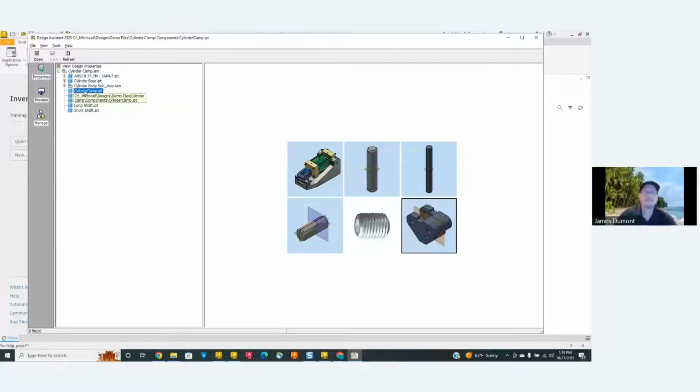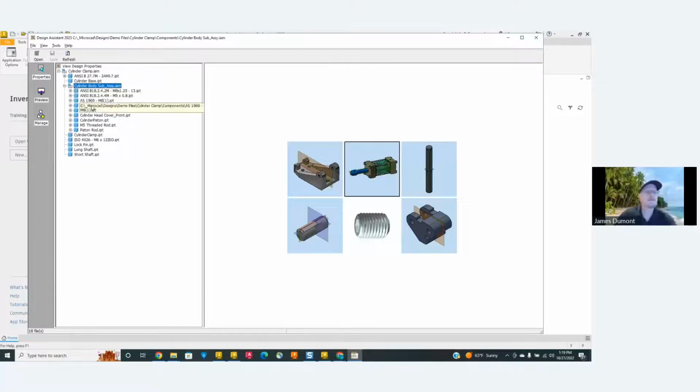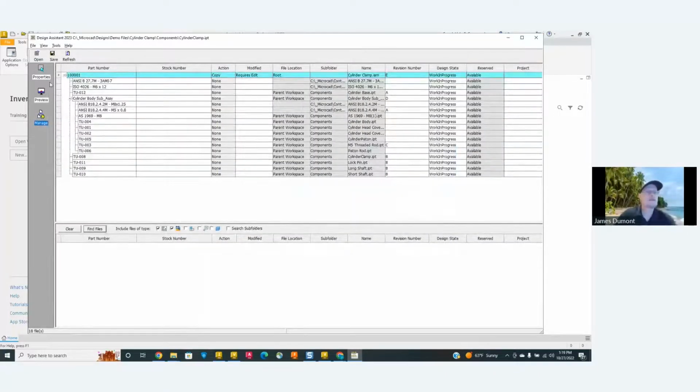So I could decide if I don't want anything. So if I don't want the base, right? So there's my cylinder, all my components, my clamps. Let's say I don't want the clamp. Actually, the clamp is going to be copied. So that's the only thing I want. So I want to change the clamp. So I'm going to copy the assembly and the clamp. Go back to my manage, copy that. And I already forgot what the clamp was.